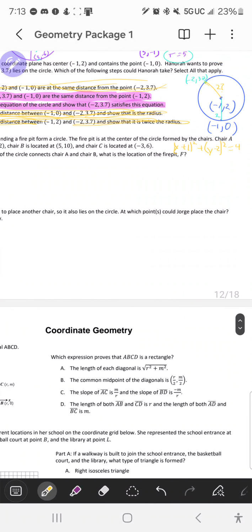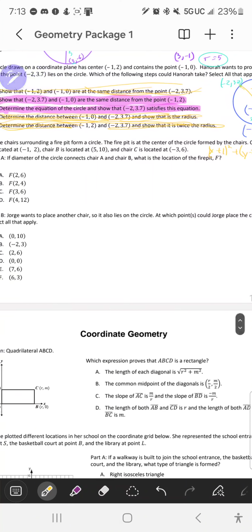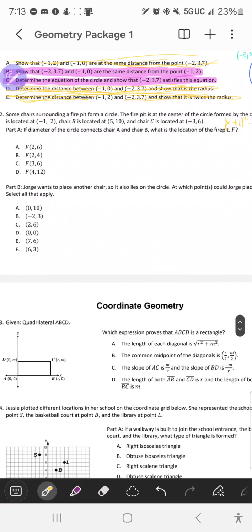The fire pit is at the center of the circle formed by the chairs. Chair A is located at -1, 2. Chair B is located at 5, 10. And chair C is located at -3, 6. If the diameter of the circle is between chair A and chair B,